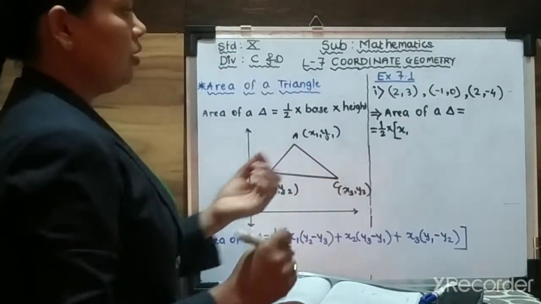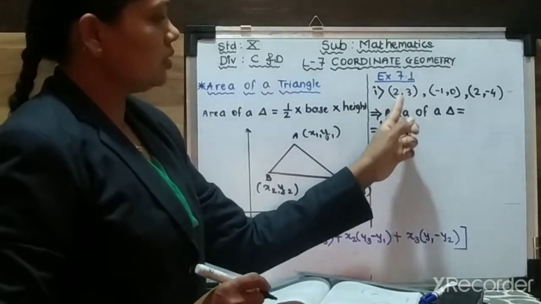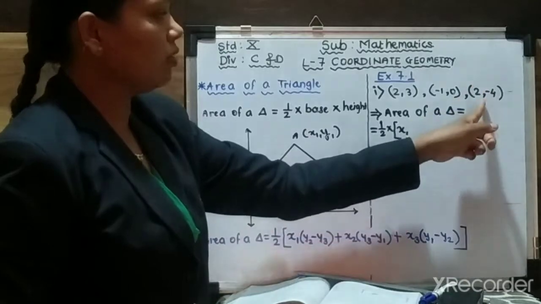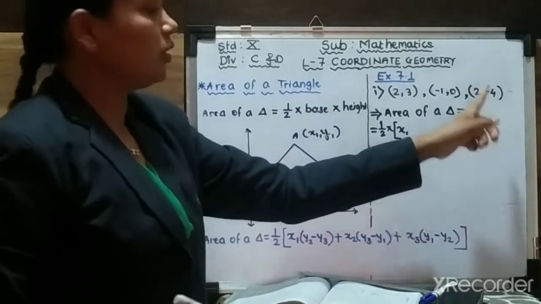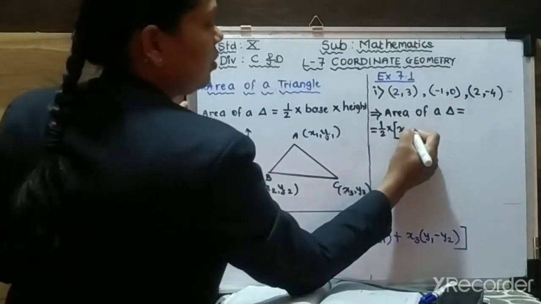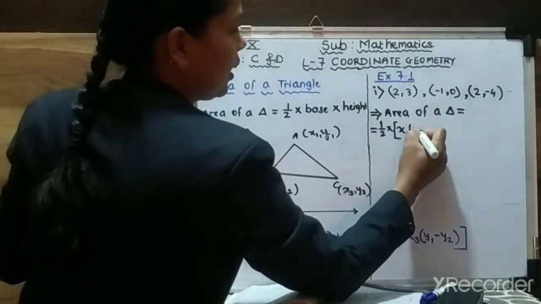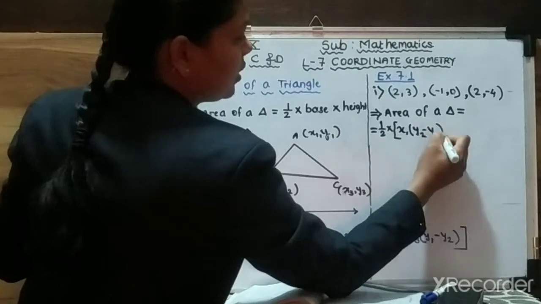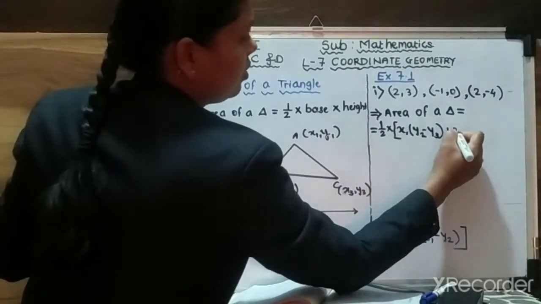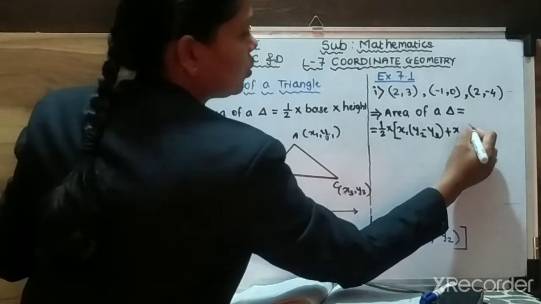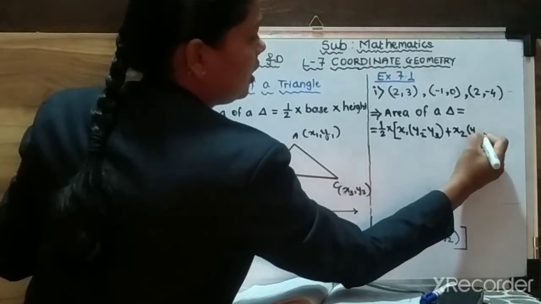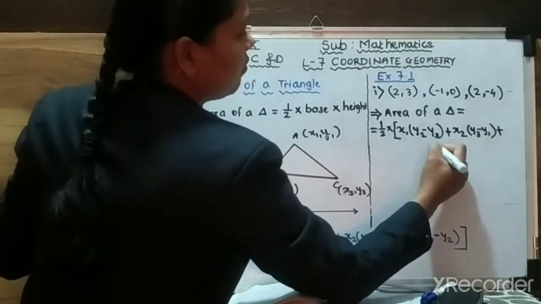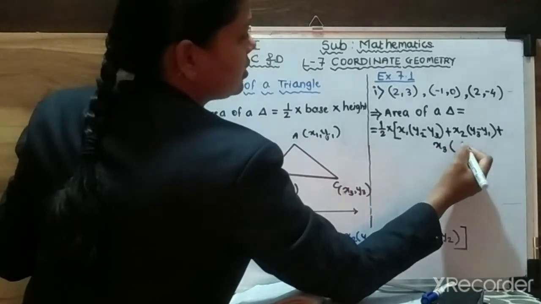Now see students, this is the first point whose coordinates are given, then the second point's coordinates, and the third point's coordinates. So x1 we will have inside the bracket y2 minus y3, then plus sign we have x2, y3 minus y1, then plus we have x3 inside a bracket